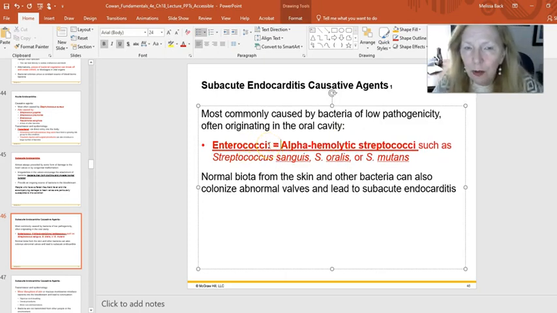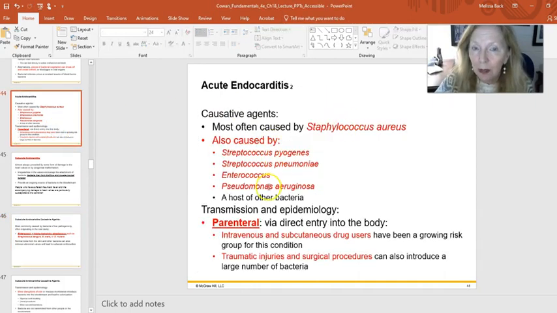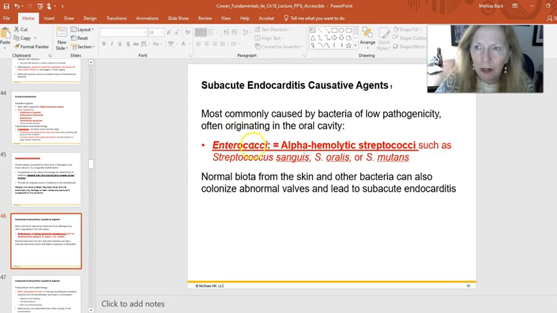And in this group of Enterococci, what belongs to that group, some genus and species in that group, are Streptococcus sanguis, Faecalis, Faecium, Oralis, mutans. Many of these are actually part of our normal flora in our oral cavities. So we understand that our normal flora really does contribute to sometimes causing problems in cardiovascular health, and this is one of the situations that we see this. So again, in acute, we think of Staph aureus plus some others that can sometimes be introduced. And then in subacute, we almost always think of this Enterococci.